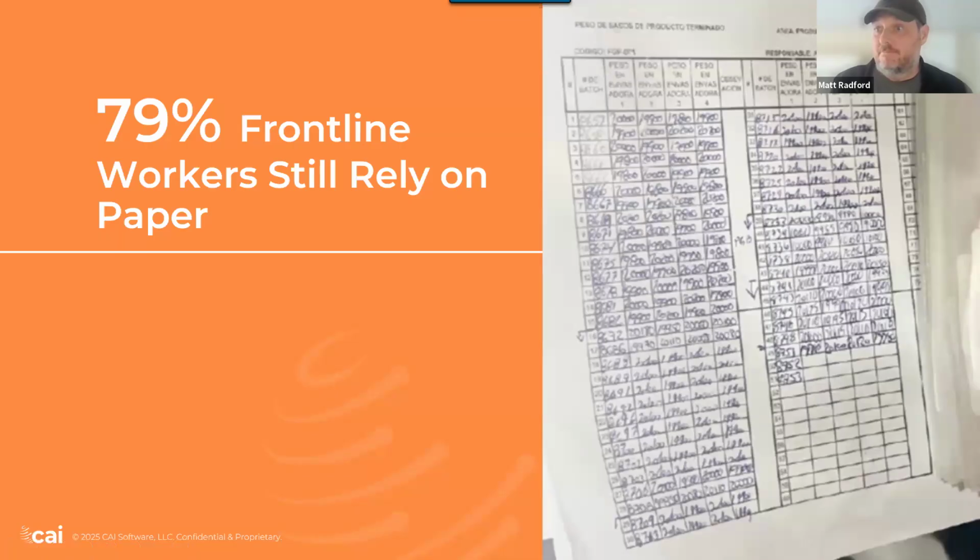Absolutely, I'm interested. Sorry, go ahead. No, and that metric, that survey that we did, this was well over 1,000 survey respondents. It was a couple of years ago, so hopefully the numbers are a little bit less now, but it's almost 80% of guys still using paper on the shop floor. That's a lot of